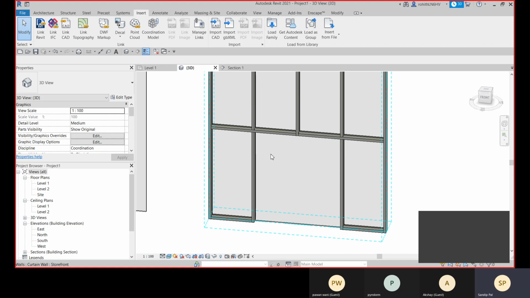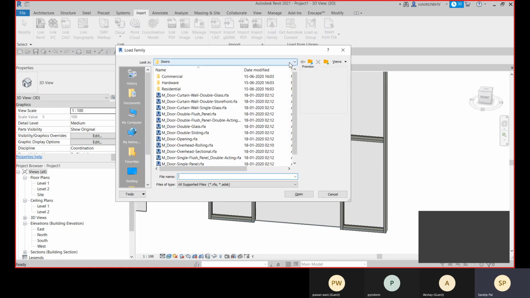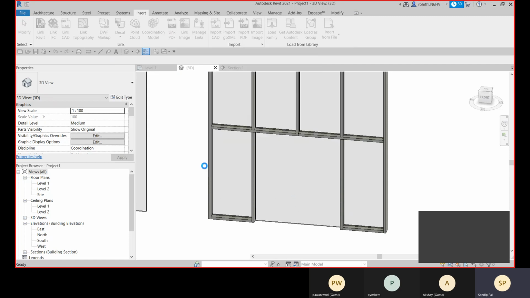And I'll go for Load Family, and within Door I have some curtain doors. So I'll use this one, curtain wall double storefront, or curtain wall double glass. I will use this one because I already have these mullions, so the storefront I don't need. I'll open it. Now it is loaded,